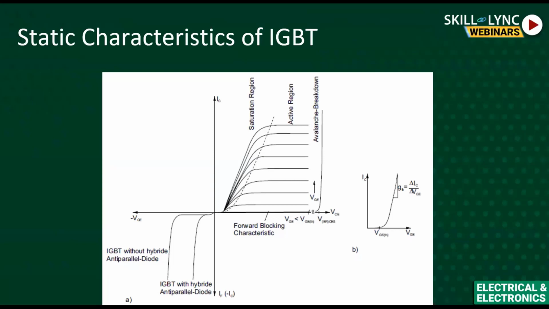Right. In the saturation region, very interesting: the IGBT is turned on, meaning the switch is closed, but the voltage is negligible. When the switch is closed, the voltage is negligible, but the current keeps building up, provided the gate voltage is greater than the threshold voltage. That is one important point. So in the saturation region also, the loss is negligible. Of course, I can say it is negligible at this point of time because we have not yet discussed the switching losses. But there are losses during the on state, in the saturation region. The drop across the IGBT or the switch is very small. It is not zero as we discussed earlier for the ideal case. It is not zero, right?